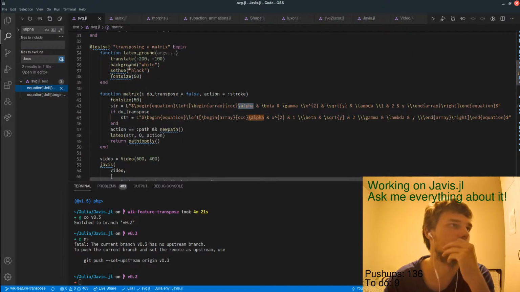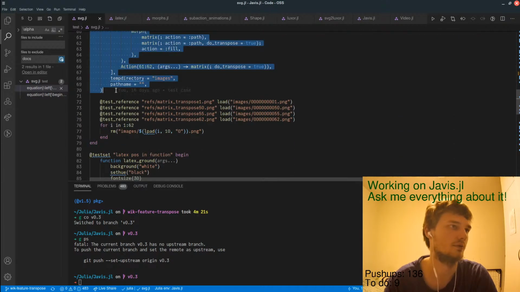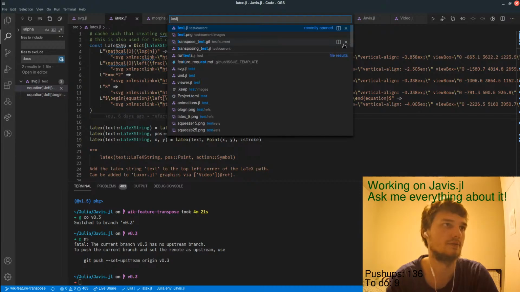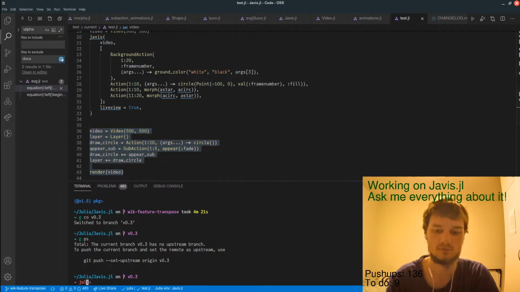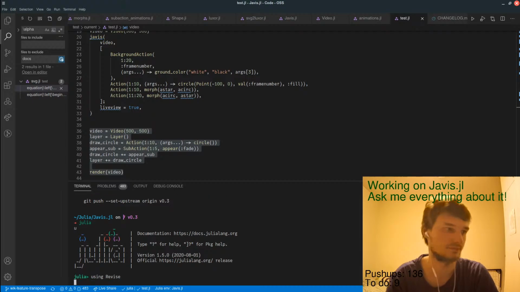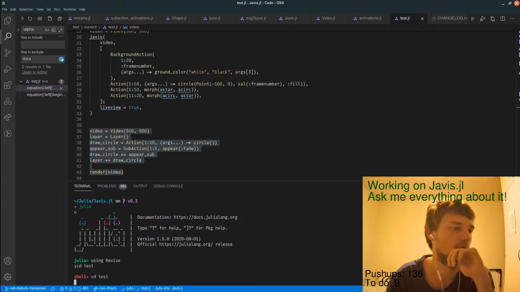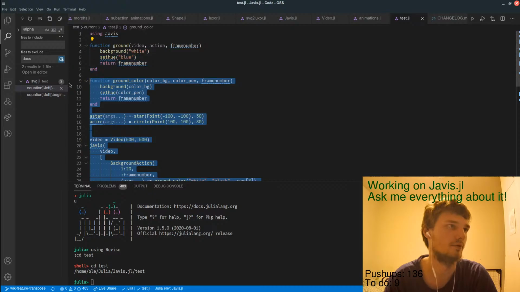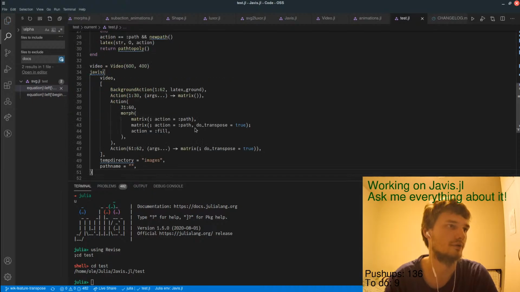Okay. Transposing a matrix. Let's go to our test file. These two functions are always good.